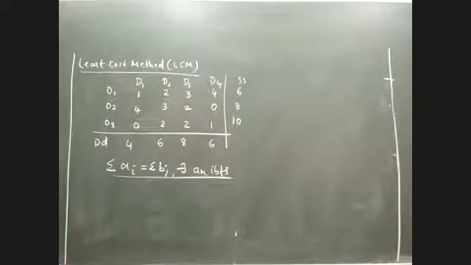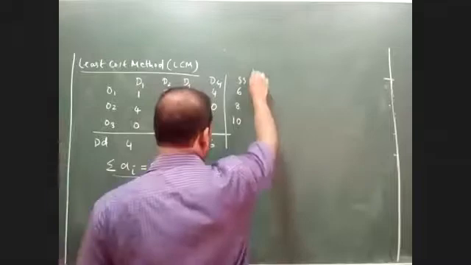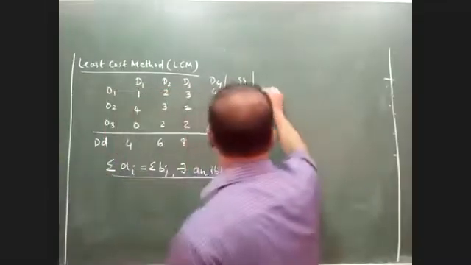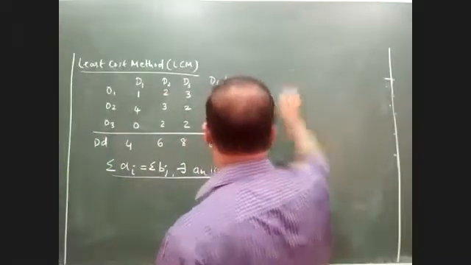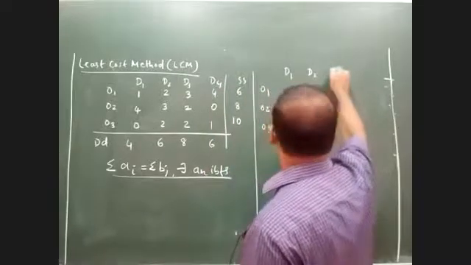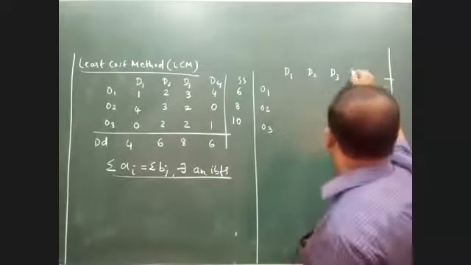You are declaring that the problem is fit for solving. The problem has satisfied the minimum requirement. The minimum requirement in any transportation problem is that it has to be a balanced problem. This condition is big. Once you've written this, as in the first method, I am supposed to rewrite the entire data in the standard format. What is the standard format here? I'm supposed to write the values in a cost matrix. This is O1, O2, and O3. This is D1, D2, D3, and D4. Right?